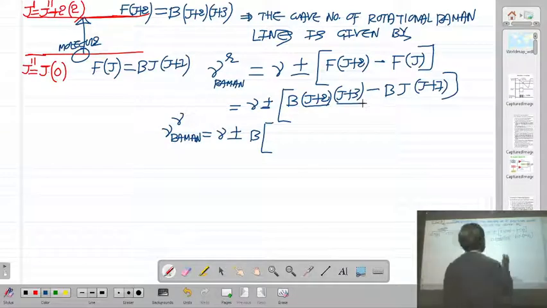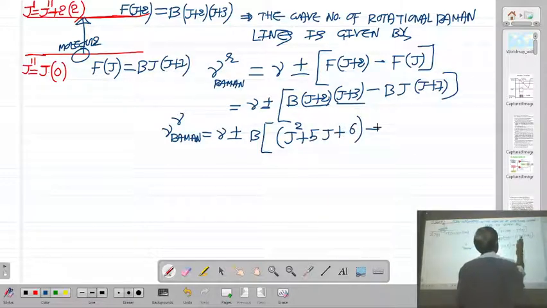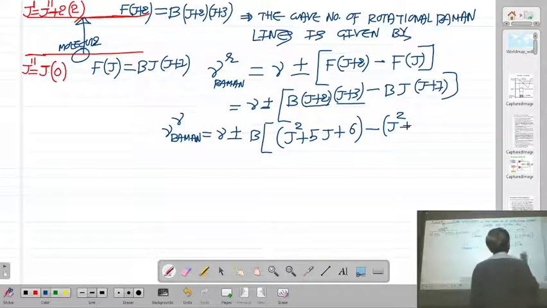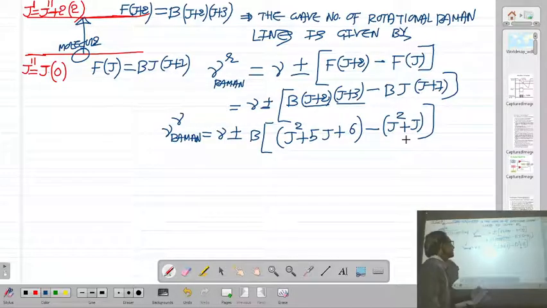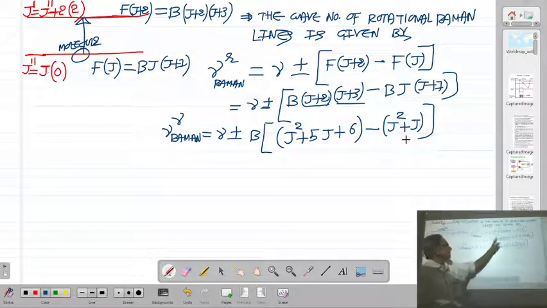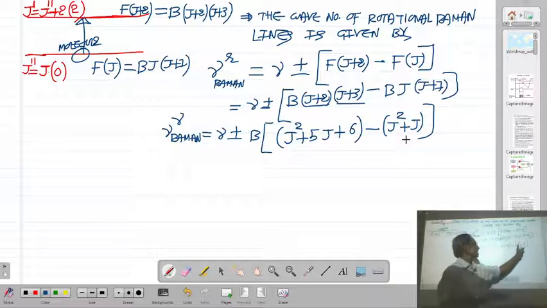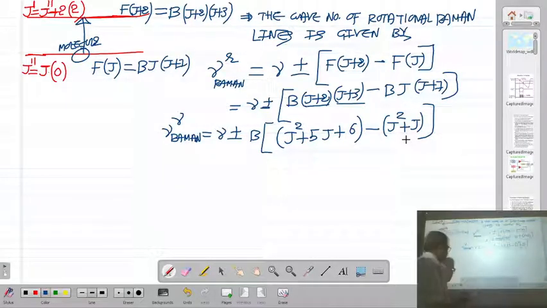You will get j square plus 2j, j square plus 2j plus 3j will be 5j, plus 6 minus j into j plus 1, so minus j square. I have taken b common. So the wave number of the rotational Raman line is nu plus or minus b. j plus 2j plus 3 will be j into j will be j square, plus 2j plus 3j will be 5j, plus 2 into 3 will be 6, minus j into j will be j square, j into 1 will be j. Okay, so your answer will be